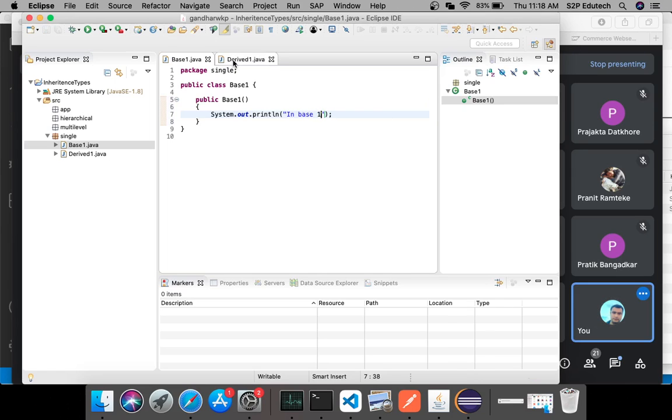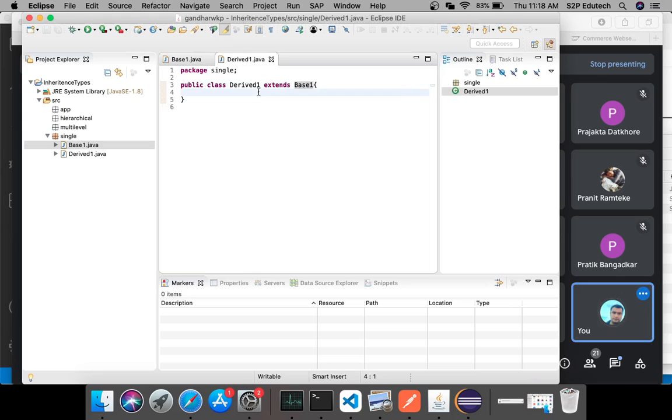In the same way in the derived class I would have a public constructor, and I'll say sysout derived 1. So these are the two classes which I have in this single package. One is base 1 and one is derived 1.